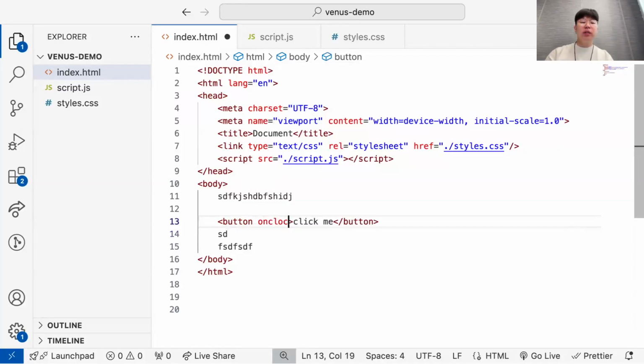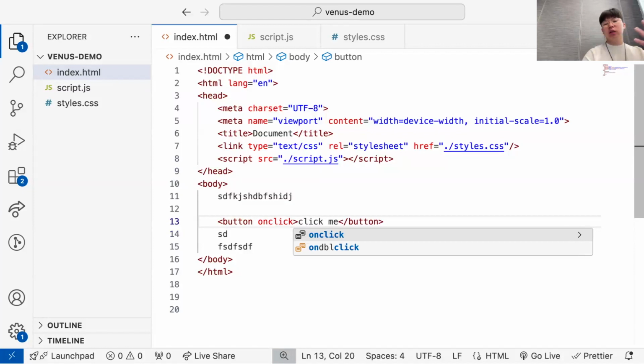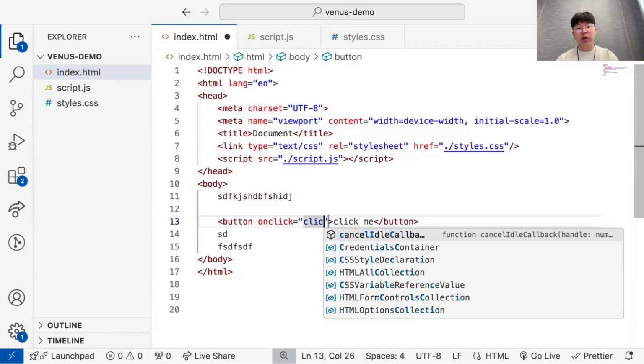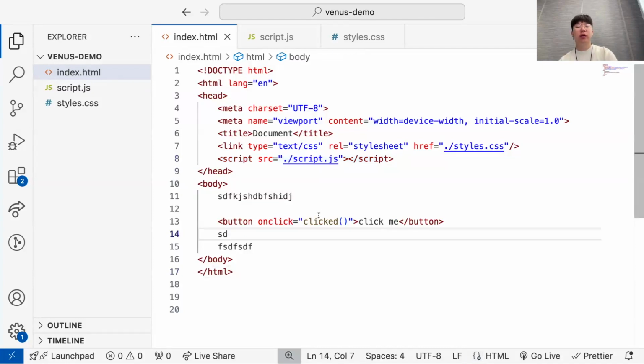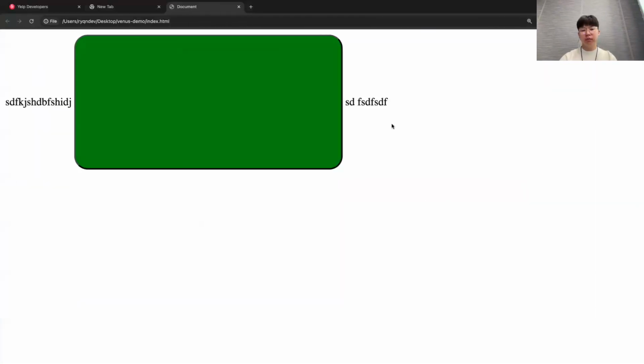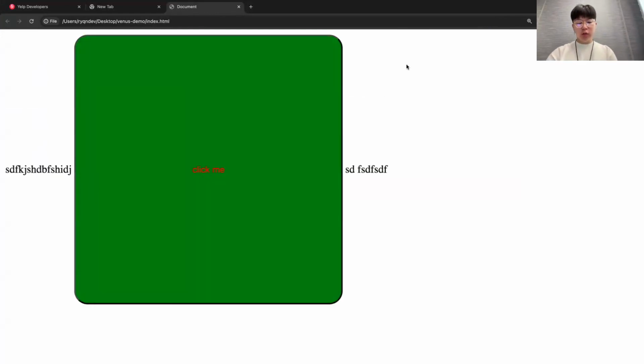The most common one is going to be an onClick. So if someone clicks on an element, what do we do? We're going to call that clicked function. Boom. And it's linked through the script tag. So that's how it knows, hey, call this. Boom, I click this button and nothing's happening. So how do we figure out what gets printed? Well, we use our trusty